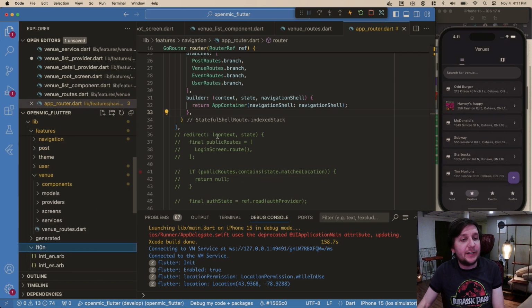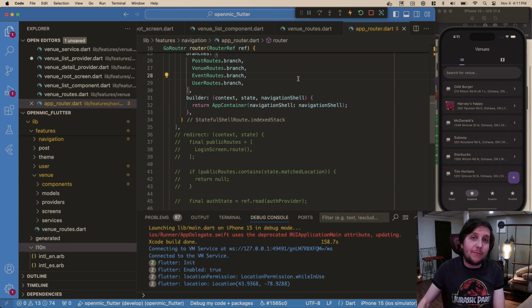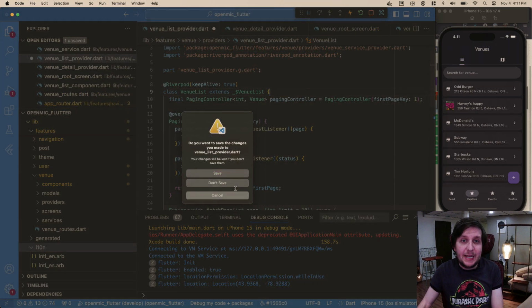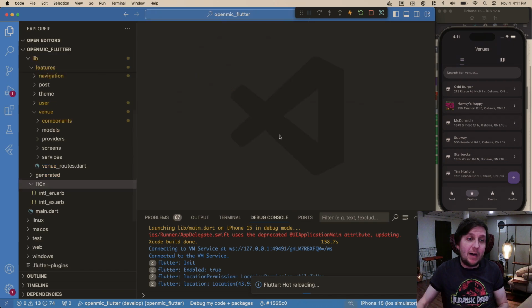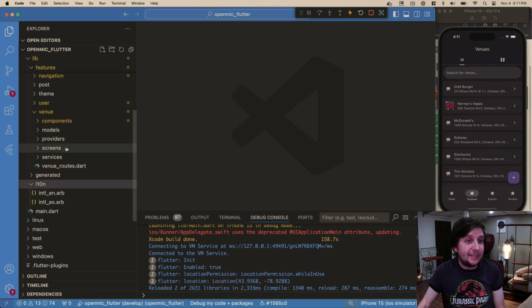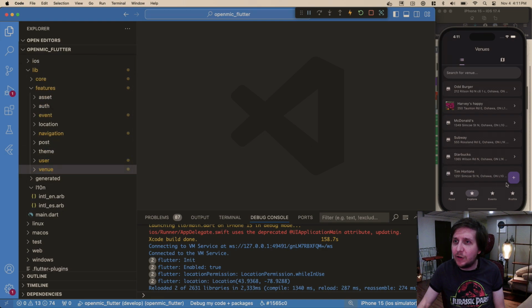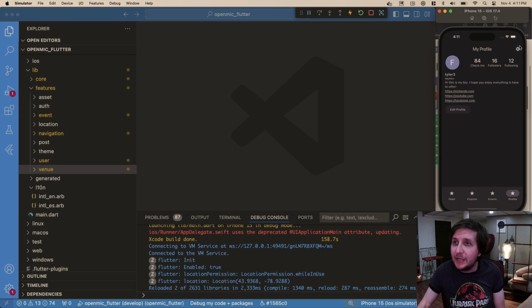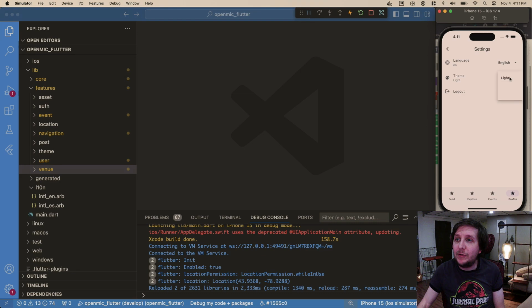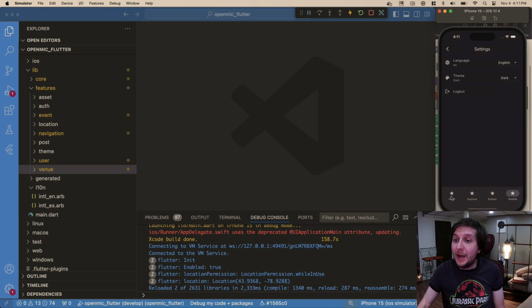Now, I'm not necessarily planning on releasing this app with multiple languages, but tutorial-wise I wanted to show how to do it on a big project. We have theming happening, so I don't even know if we actually made it. Yeah, we must have. So we can change the theme to light mode and dark mode and everything. Yeah, we have a map. You saw that real quick.